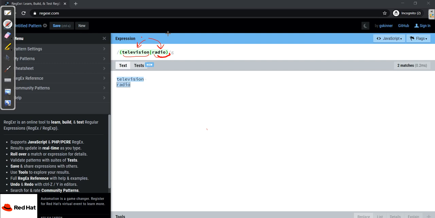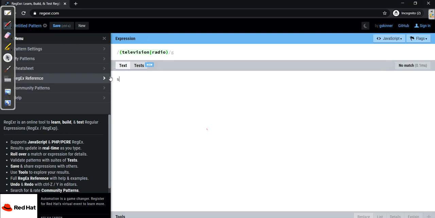Let's take one more example. Here I'll take sound sleep and better sleep. For writing a regular expression, you need to test it around 100 times. Then only you will get a better regular expression. That's why in this tutorial I am coming with several examples so that you can understand it and make use of it in your regular projects.